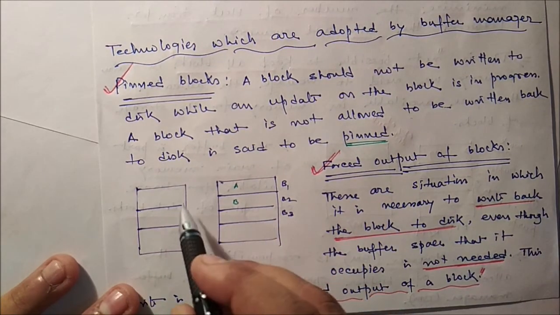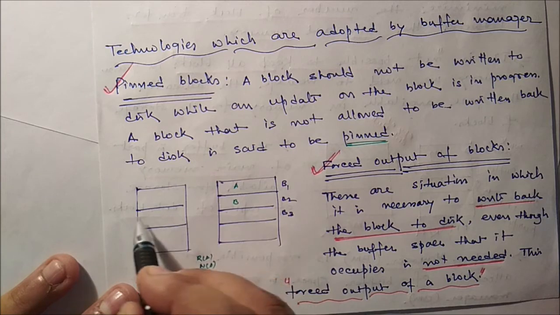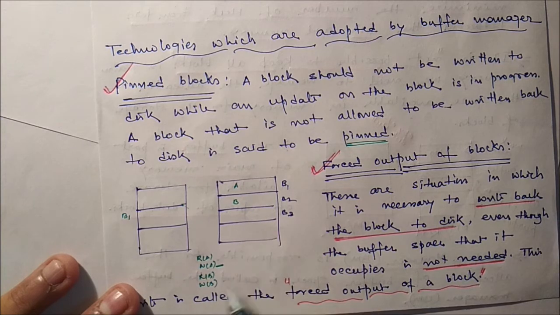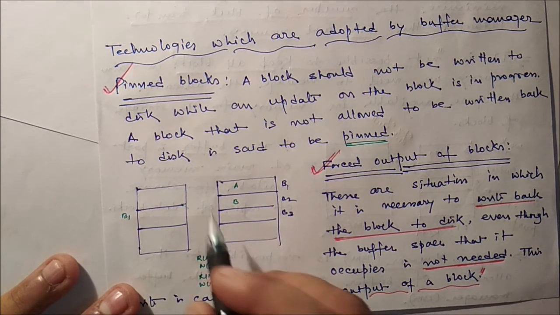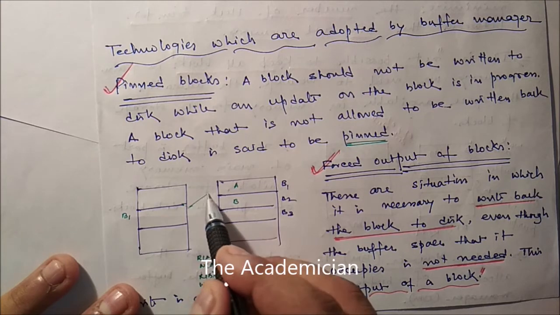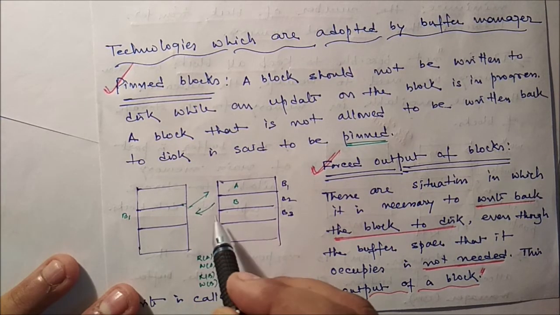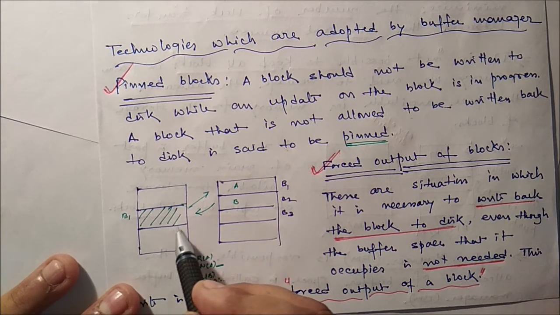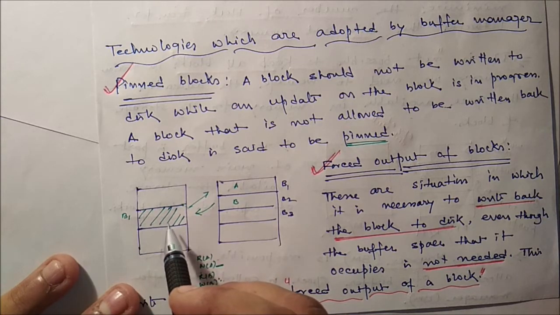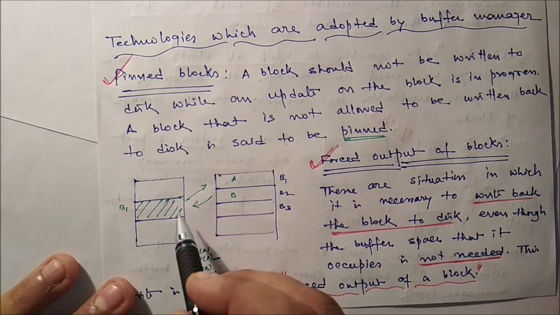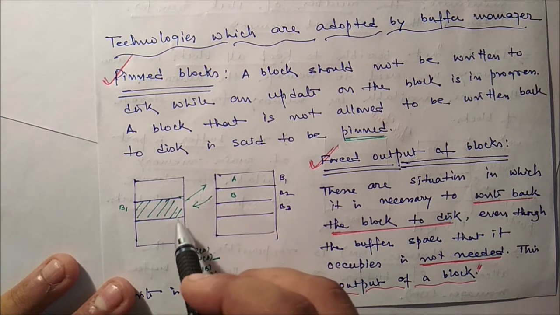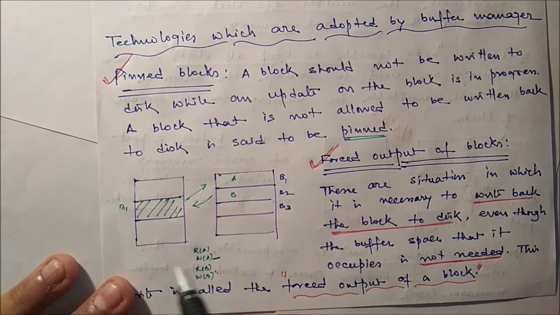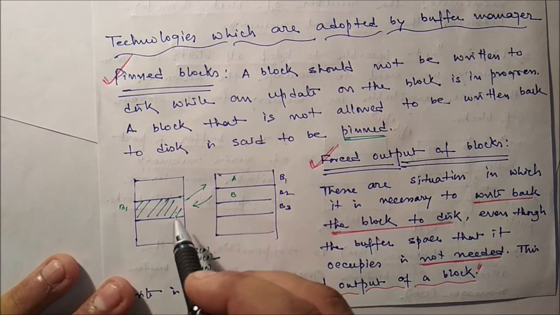Suppose B1 is presently in the buffer. After executing write A, we need variable B. For B, the buffer manager must swap out B1 and swap in B2. But another processor may be using block B1, or an update of B1 is going on. At that time it is not possible to transfer it, because if the database system transfers this block, the database may end up in an inconsistent state. Are you getting this?